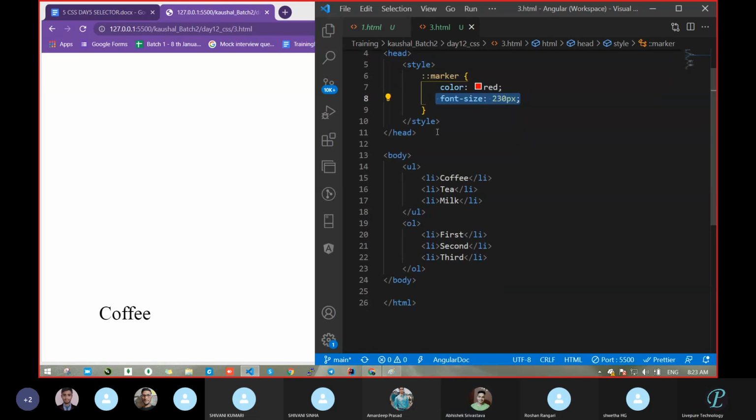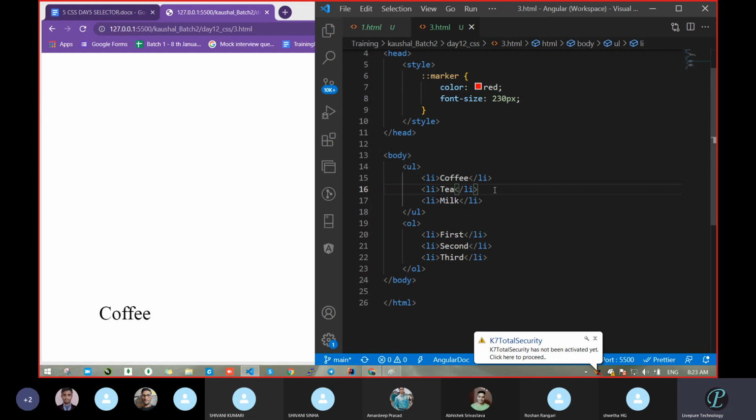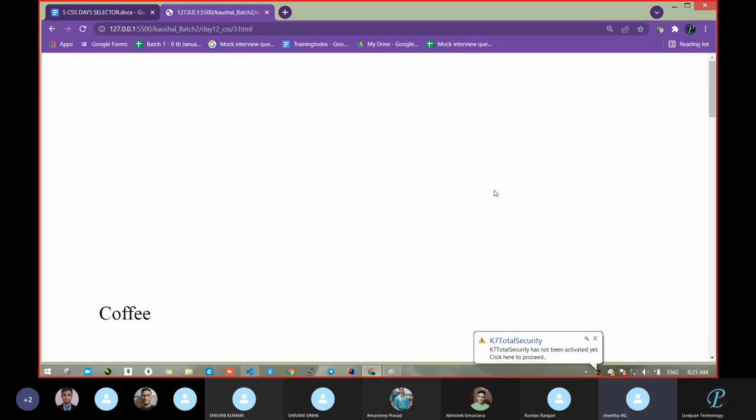Bullet size or text size? I am telling bullet. Okay. What about others? Bullet size, sir. What about Sweta? Both, sir.